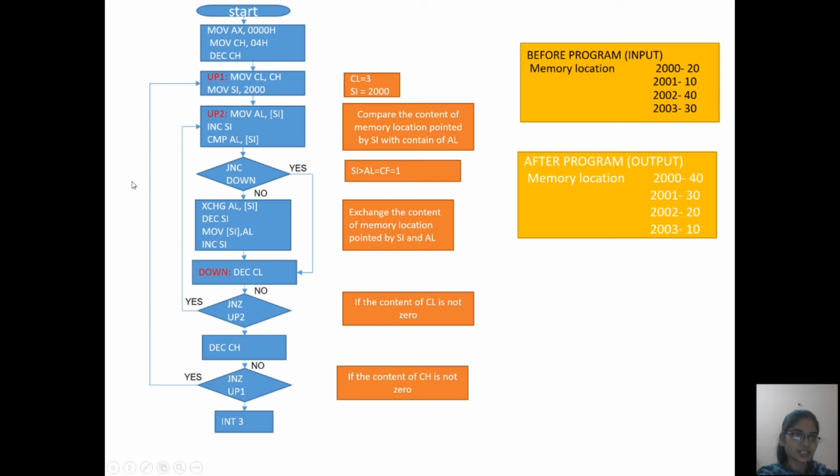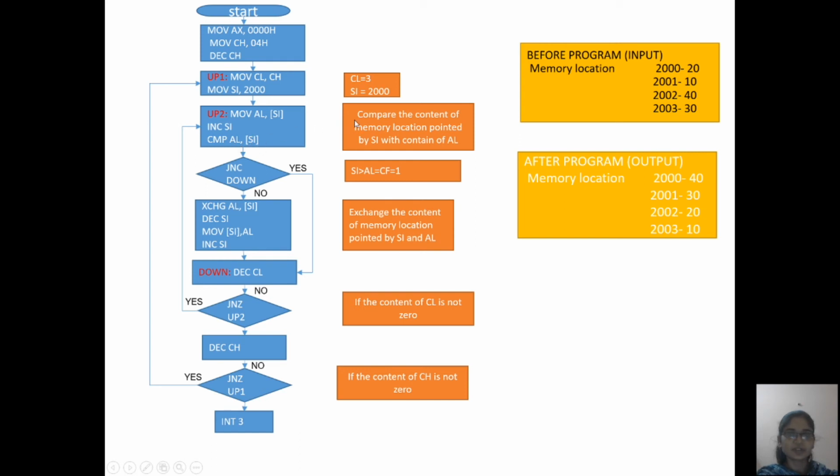The next instruction is increment SI. After this instruction, the content of SI is incremented by 1, which is 2000 incremented by 1. So now SI contains 2001. Next instruction is compare AL comma [SI].